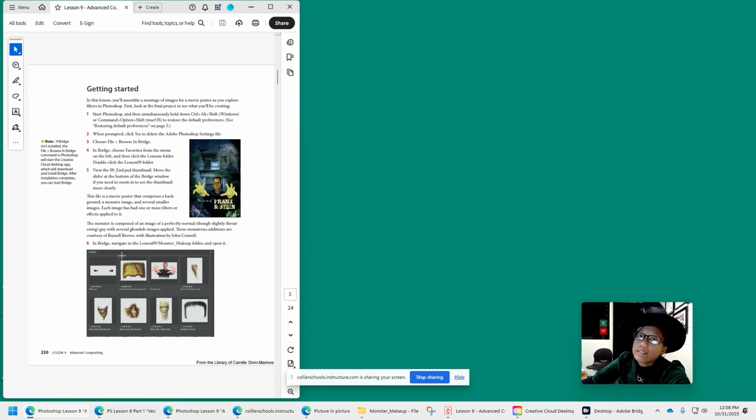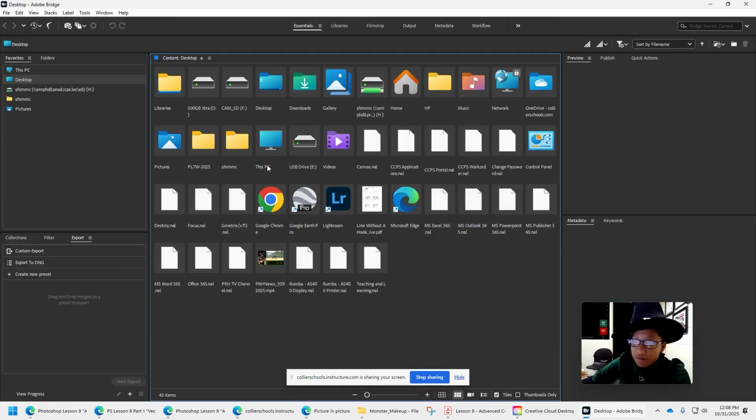I tried to get it so that you guys would not have to use Bridge, but you can't. So all I'm going to do is get this started and have you do the part after this, just so you can see it. It says File, Browse in Bridge. I have Bridge open, and I'm going to browse in Bridge and basically